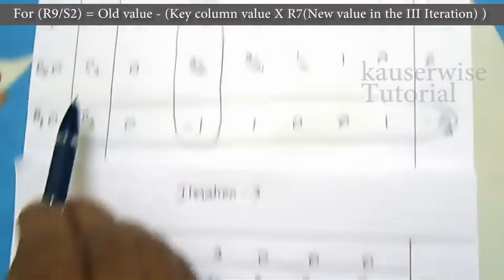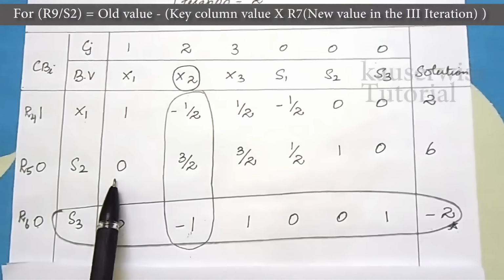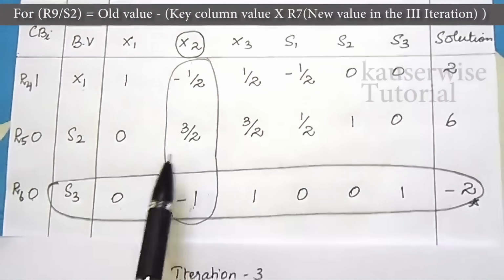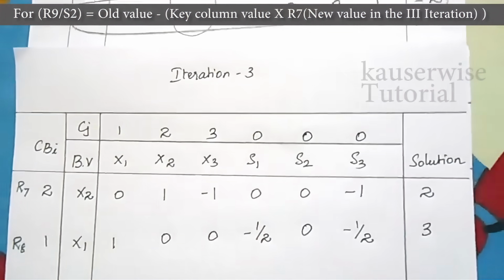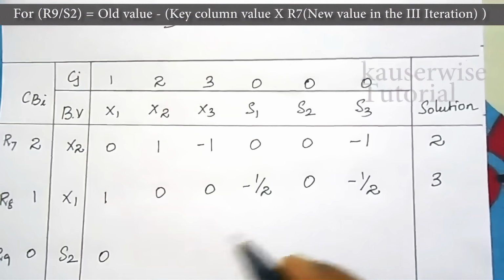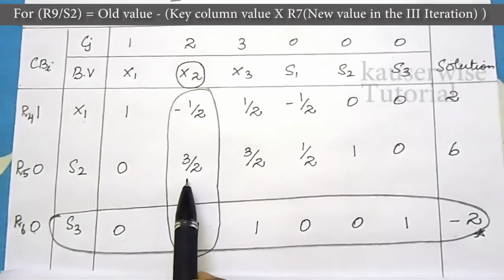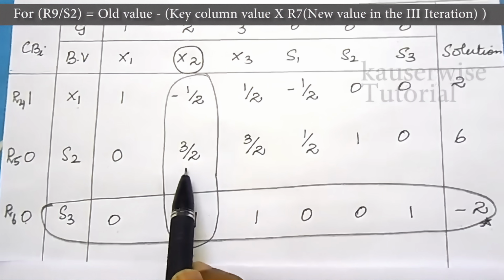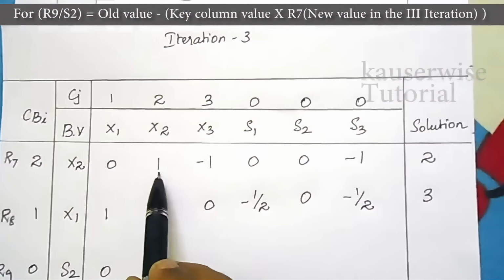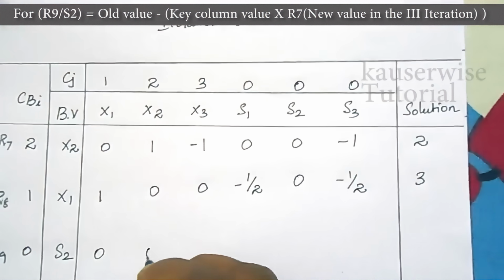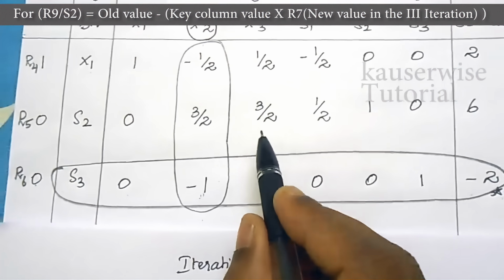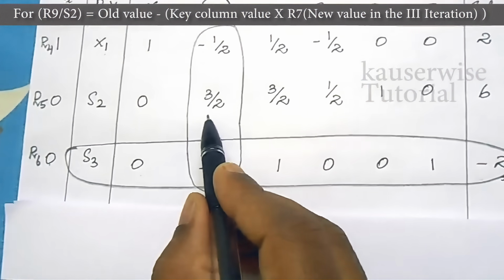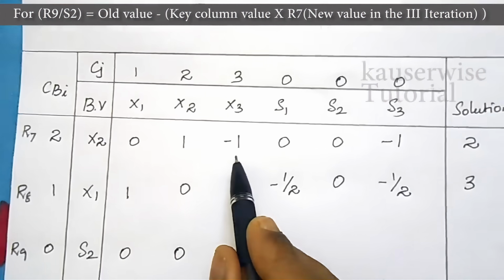See the old value. The old value is 0 minus key column value 3/2 into new value 0. So the answer is 0. For the next value, old value is 3/2 minus key column value, same value 3/2 into new value is 1. The answer is 0. The next one, the old value is 3/2 minus key column value 3/2 into new value -1. The answer is